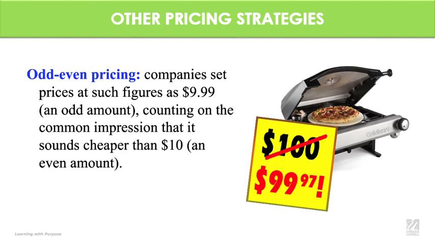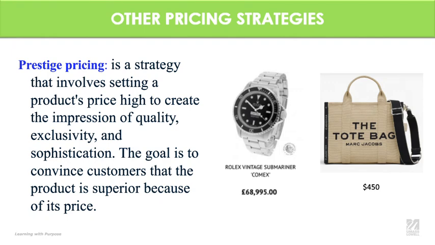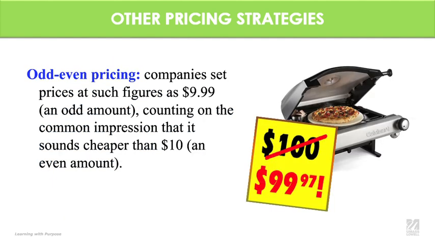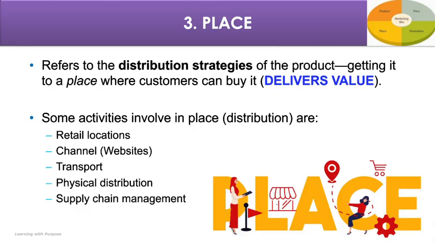Same thing with the Rolex. If I say 68,995, it's like it's in the 60s, so it's 60 something. But if I go a little bit higher, it's 70, and then maybe it's too expensive now. So it creates this sensation that I'm paying cheaper than what it really is. So I may be more willing to buy it. Okay. So that's it with the strategies.